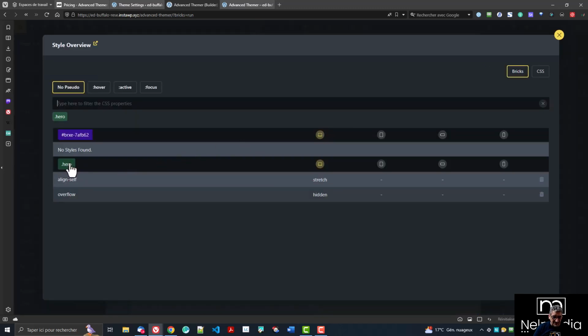But on the hero that we have there, you see that we have two properties, align self and overflow, with stretch and hidden. They are both in the desktop. We have nothing on the other ones. We have nothing on the hover, and if you click on them, you see that's the case. We can also not only see the things, but we can also change them. If I want to change overflow from hidden to visible, this is absolutely possible here, and we can also delete